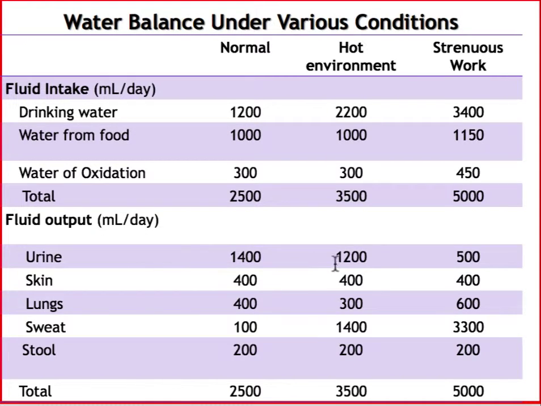So you can see how different it is. And we said that urine was the primary mechanism that our body uses to regulate fluid volume, and you can see how in a normal environment versus a hot environment, you're losing so much more water as sweat, and because you're losing so much water as sweat, your urine volume goes down and your fluid intake goes up. And so your body is naturally adapted for those two mechanisms to kick in.